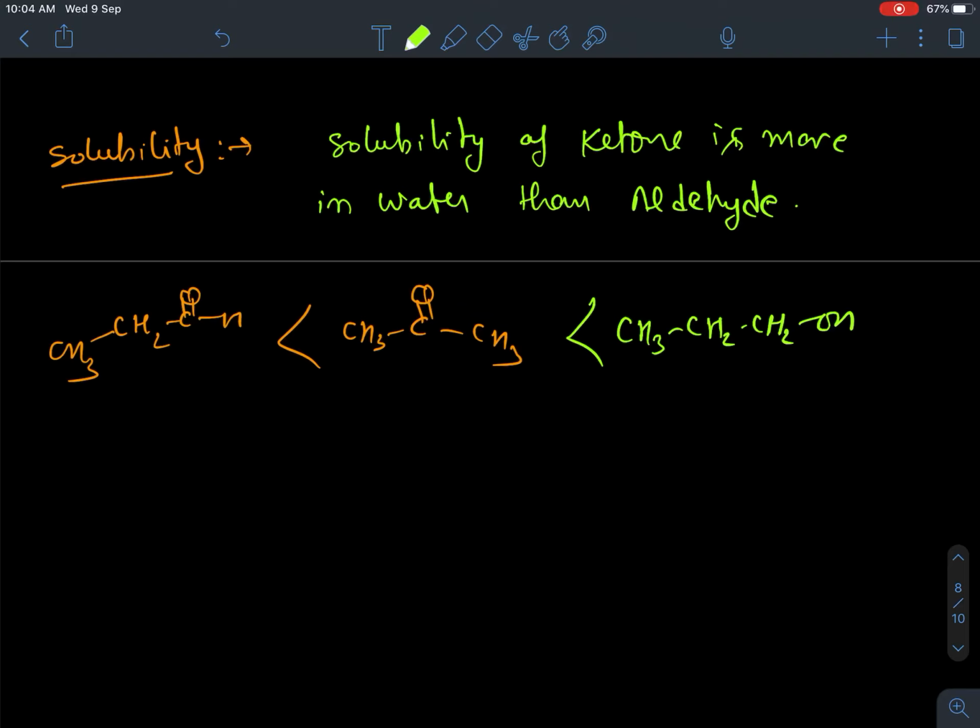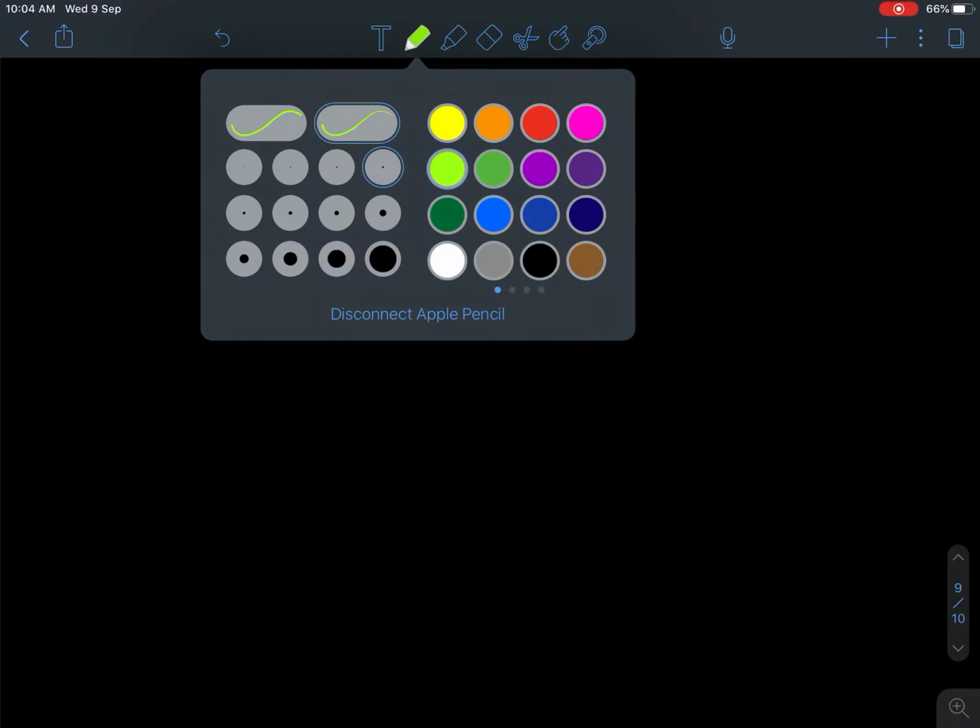Now let us discuss the reactivity of aldehyde and ketone. When it comes to reactivity, probably aldehyde and ketone are the most versatile functional group that we have in organic chemistry. Why am I using this word? Because when you start comparing, it has almost everything for nucleophile, for electrophile. It can even undergo condensation. So let me tell you with an example.